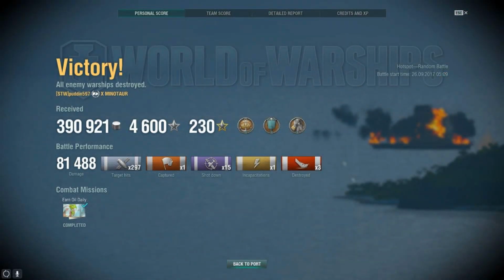Alrighty, guys, taking a look now at the post-battle results. This is Puddin, 390,000 credits received and 4,600 total EXP. He managed 81,000 points of damage off of 297 shell hits. He had 1 solo base cap, 3 ships destroyed, and 15 planes shot down. Taking a look at the team score now,